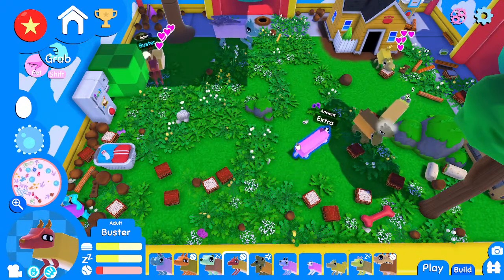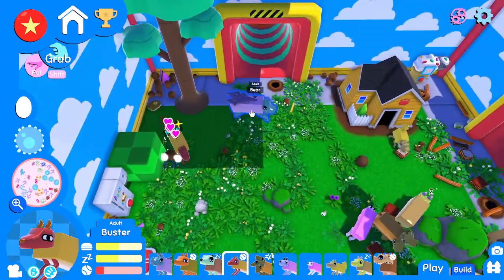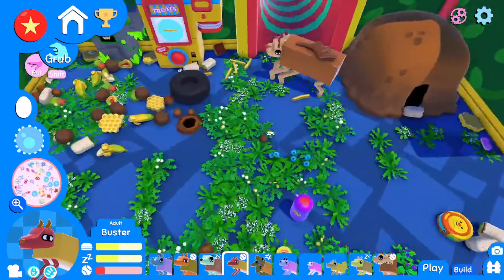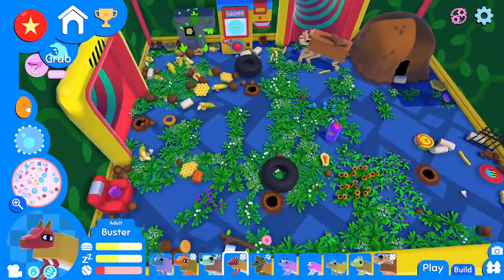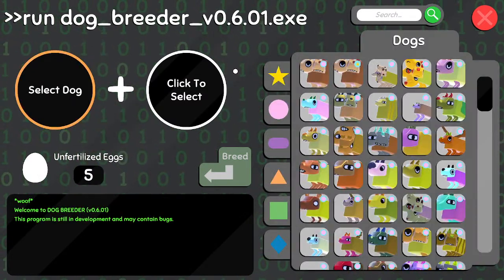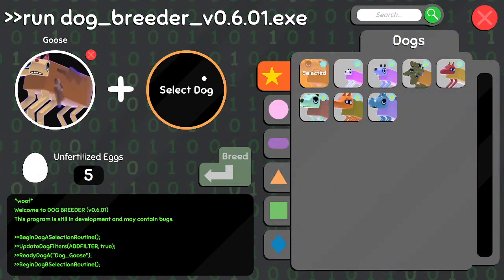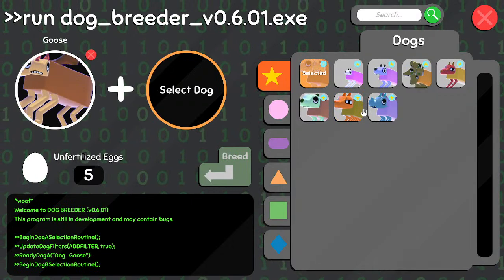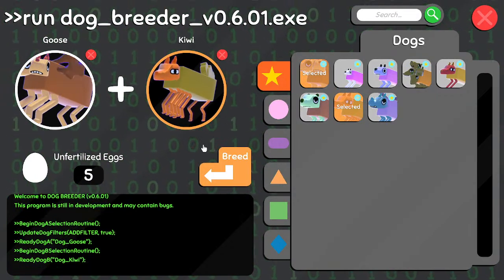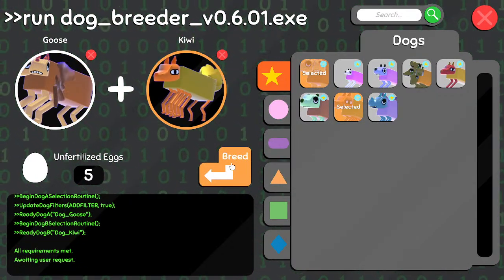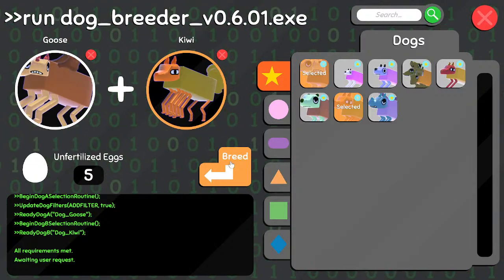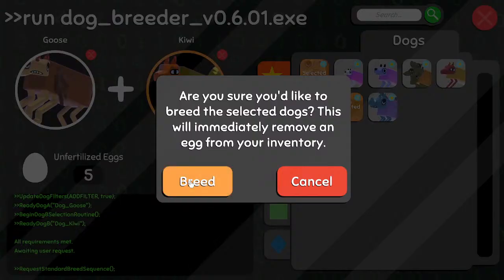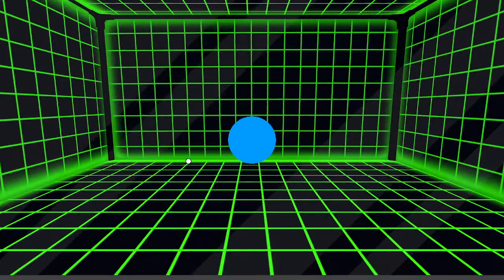Extra's around, fouling. Waiting for dinner by the look of it. Or the favorite meal, I don't know. Maybe it's not their favorite meal. Let's do you two together.